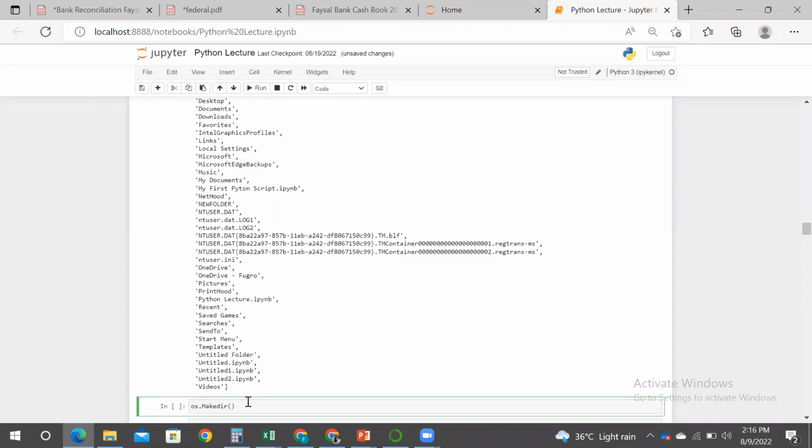Let's say I want to name the folder Farhan1. So I'll write the name of the folder which I want to give to the new folder. And when I run this,